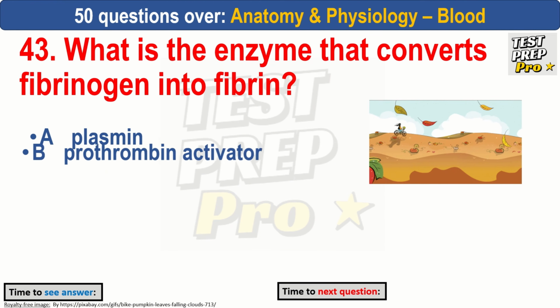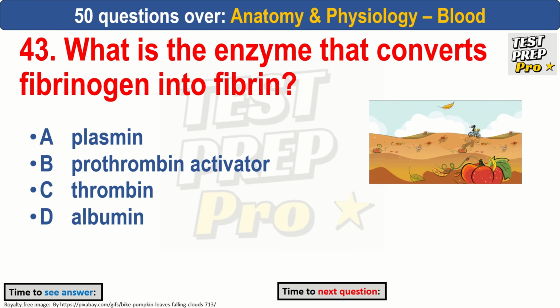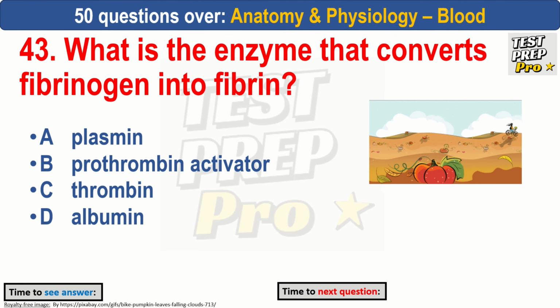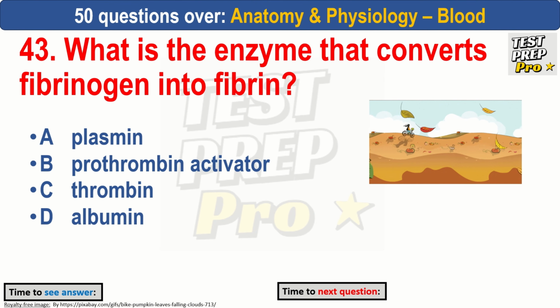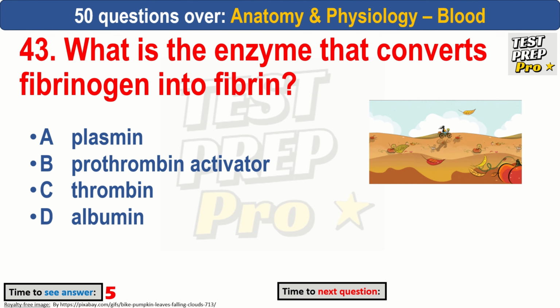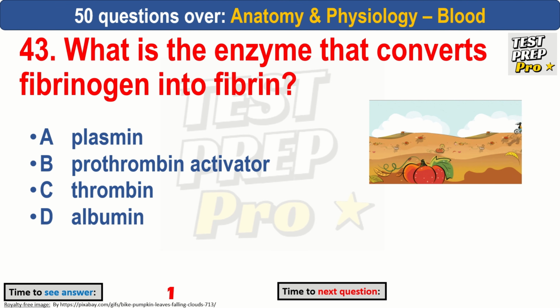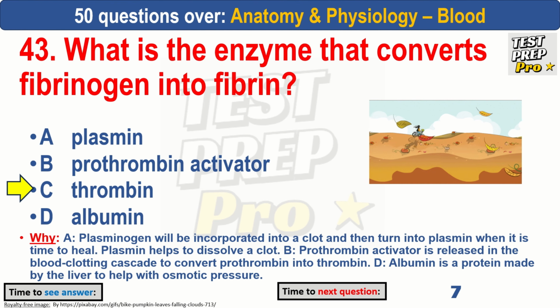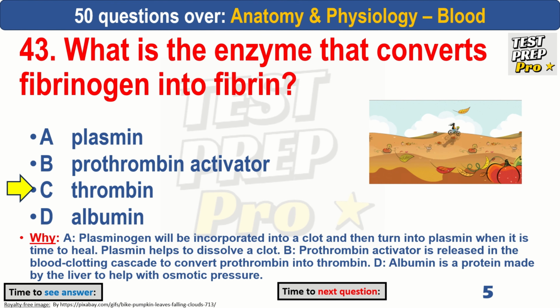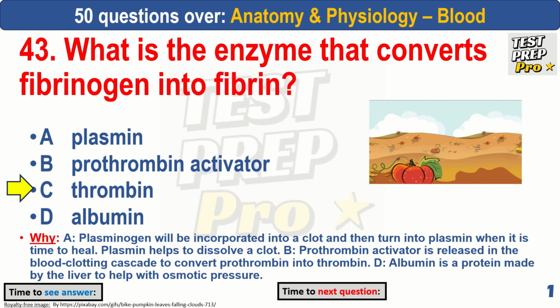What is the enzyme that converts fibrinogen into fibrin? Remember, if it ends in ogen, the word is inactive currently. Is it A, plasmin, B, prothrombin activator, C, thrombin, or D, albumin? We actually talked about this earlier. Which one do you think it is? It's going to be thrombin. Initially, you have prothrombin. That turns into thrombin. And then thrombin will convert fibrinogen to fibrin, and that will help you make a strong clot in the presence